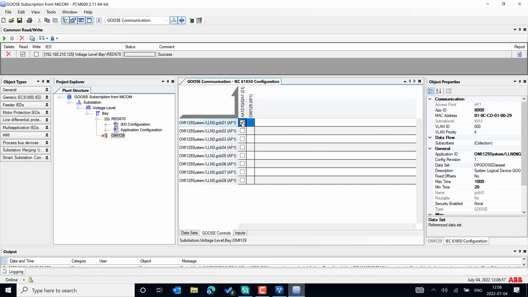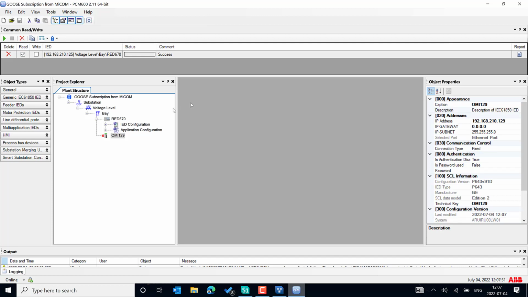and you can see there is a tick mark, and you can also verify the different set of GOOSE control block parameters that you define in the MyCom configuration language file. So you can also subscribe more than one if you configure the GOOSE control block correctly. You can save as the next step. And then we can just say close at this level and right click the